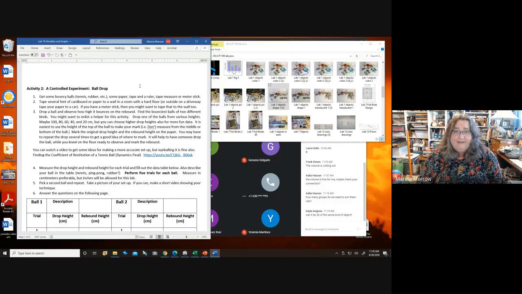But if you've only got a regular ruler, then you're going to be wanting to drop the height from like 3 or 4 feet. So the ruler's not going to be much help there, but you can measure it afterwards. Anyway, so yeah, so you can use a measuring tape. If you've got a meter stick,